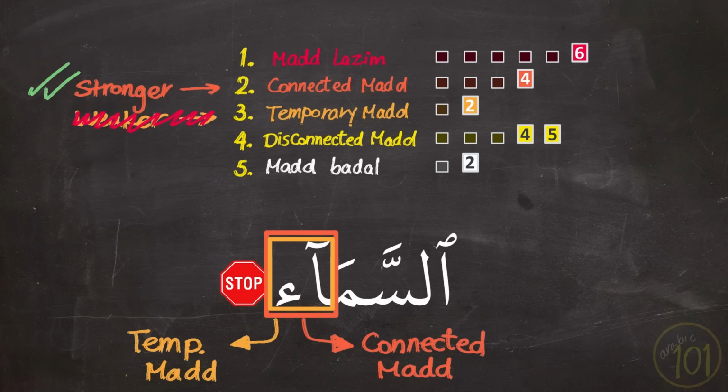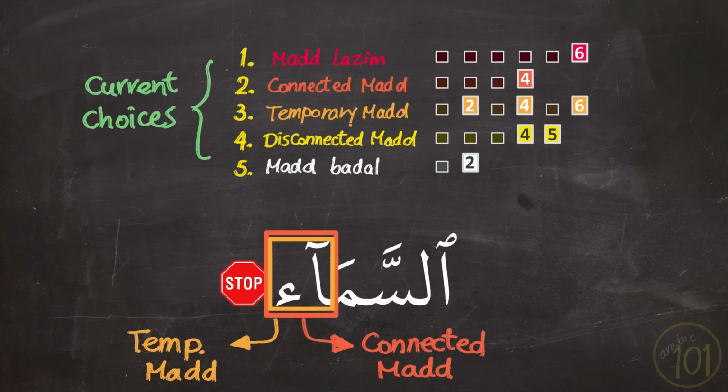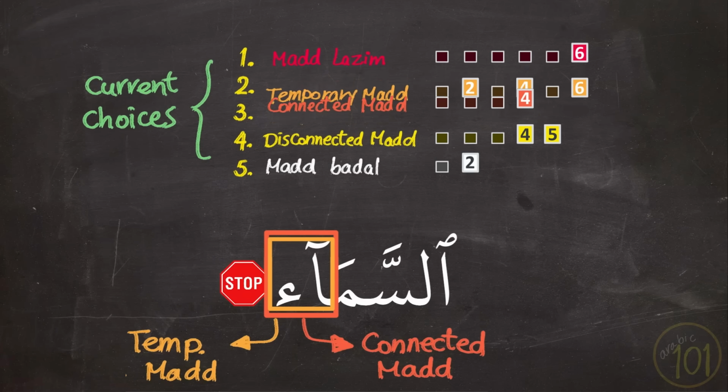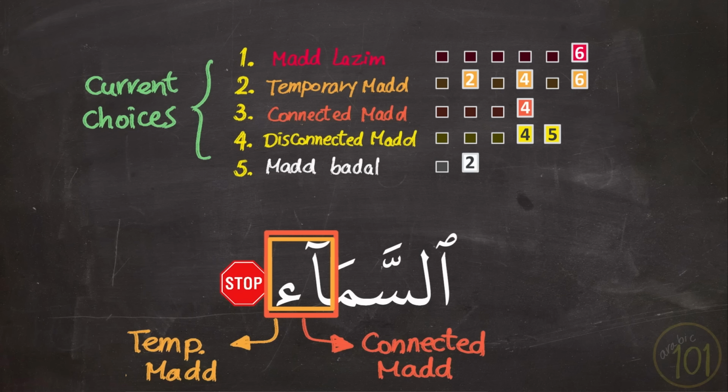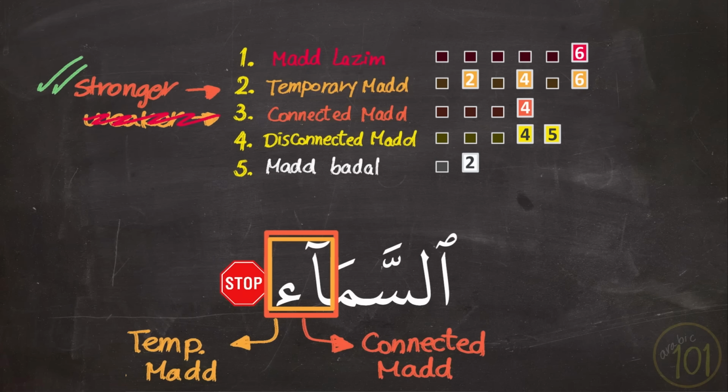so no problems. However, if these were your choices, the connected madd 4 harakat and the temporary madd you elongated for 6 harakat, then this would be the hierarchy, because the temporary madd would be considered a type of mad lazim of 6 counts. Now in that case, if you stop here with these choices, then you must elongate for 6 counts, not 4,